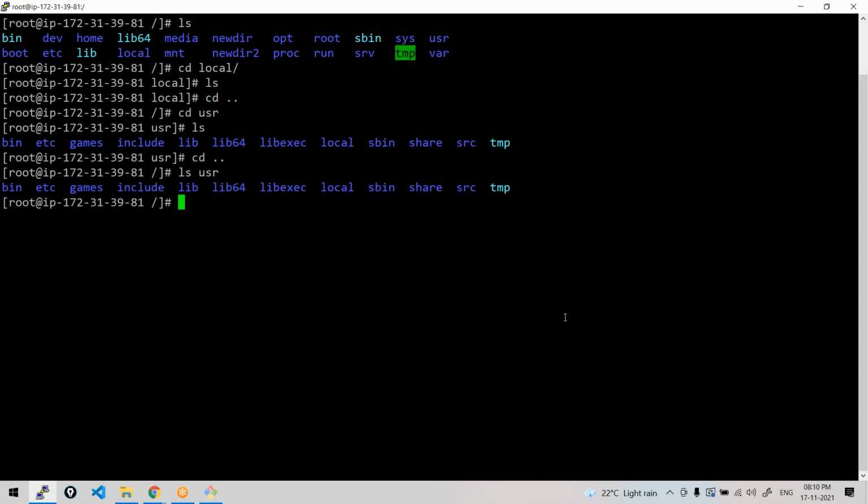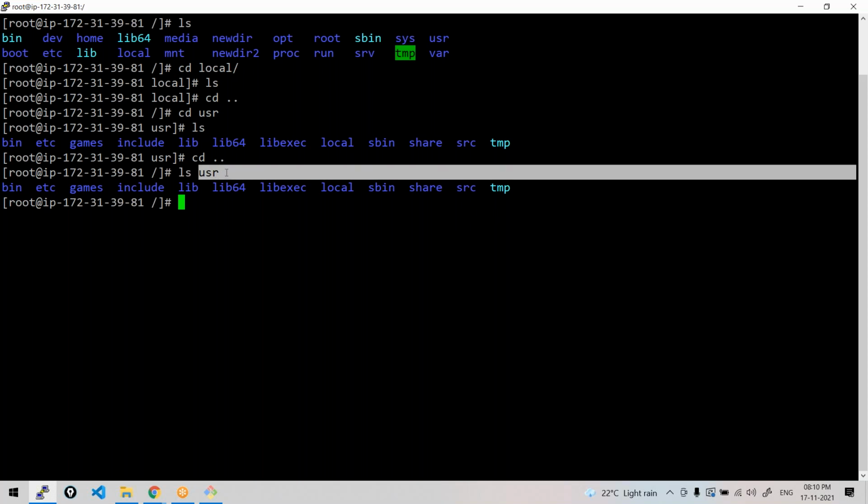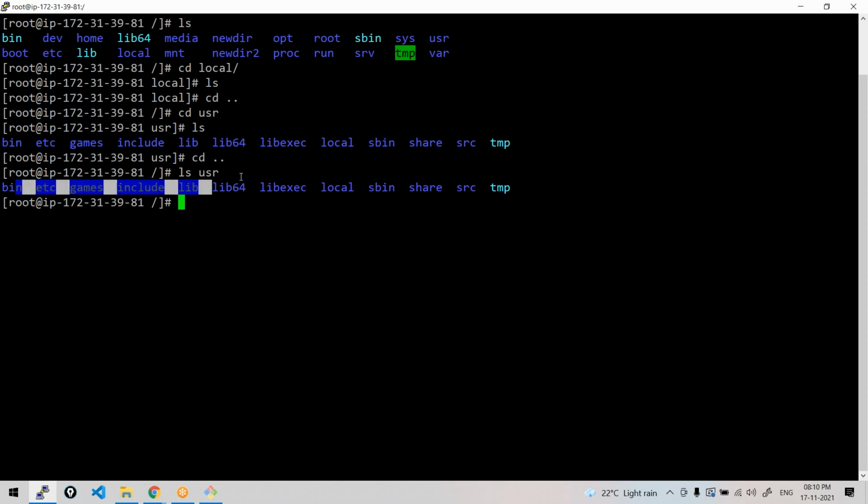To list the folders and files, you need not go to that particular directory. Without going to the directory, you can do ls and the directory name, so that you can list all the files and folders of it. Again, if you want to see the contents of the subdirectories also, ls -R usr.